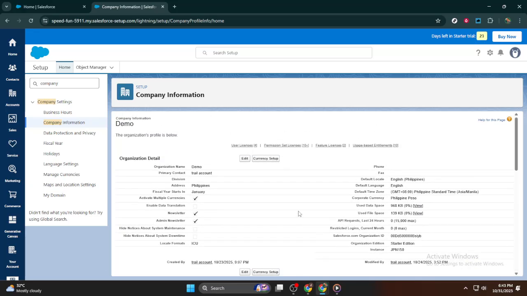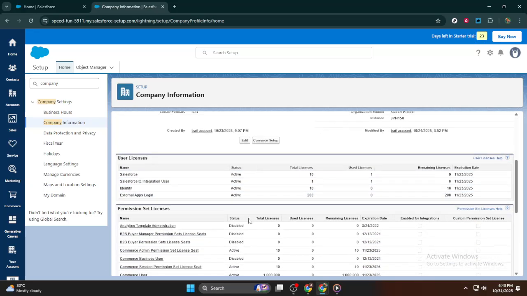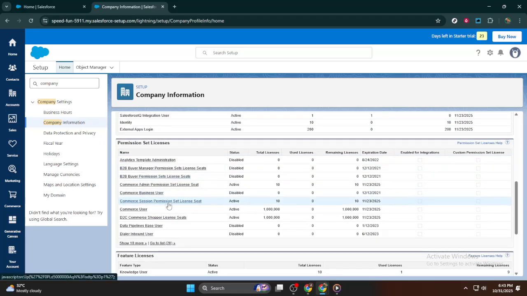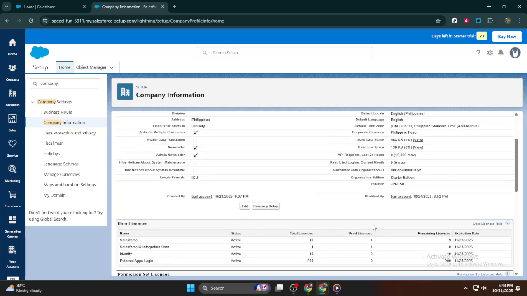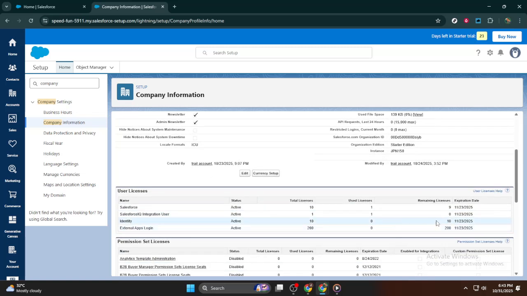Adjacent to permission set licenses, you'll find another section for user licenses. Click on that link to access detailed information about the various user licenses your organization holds. This page is particularly useful as it provides a breakdown of each license type and the number of allocated and remaining licenses. It is instrumental in ensuring you maximize the utility of each license and allocate them wisely among your